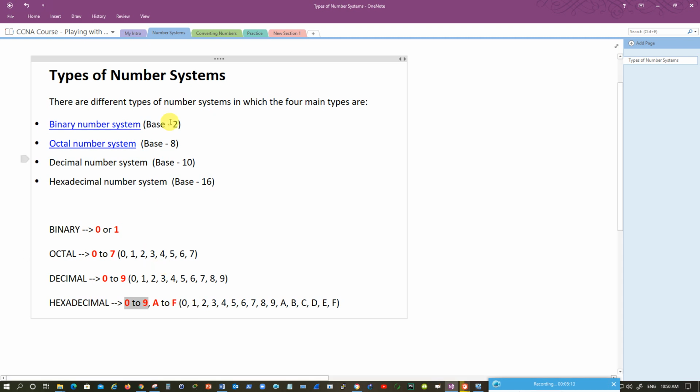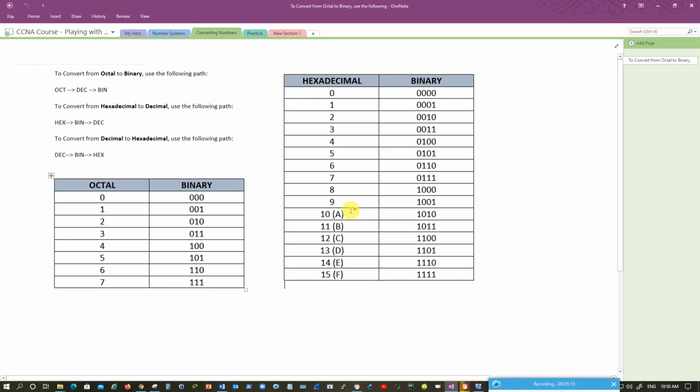That's the reason why we express them this way for octal, because you have to look for the maximum number. The maximum number 7 is being represented with 3 bits. So the numbers below 7 will also follow the same. They will take into consideration each and every bit. They will not spare those bits.